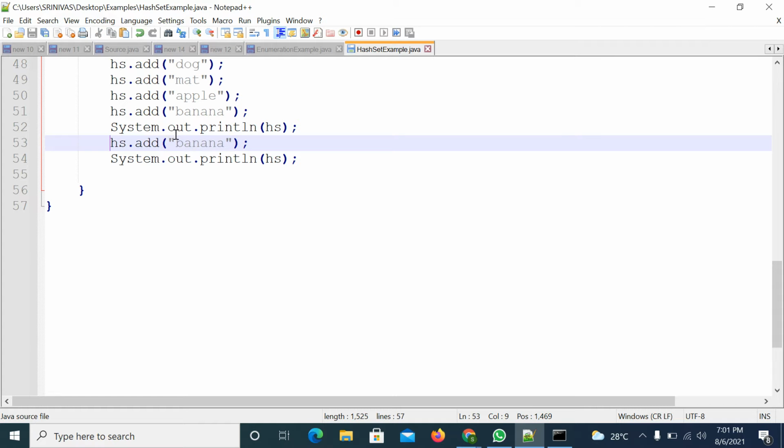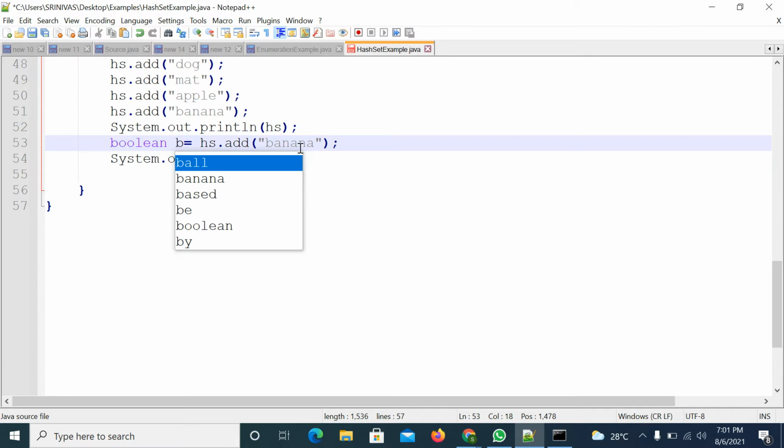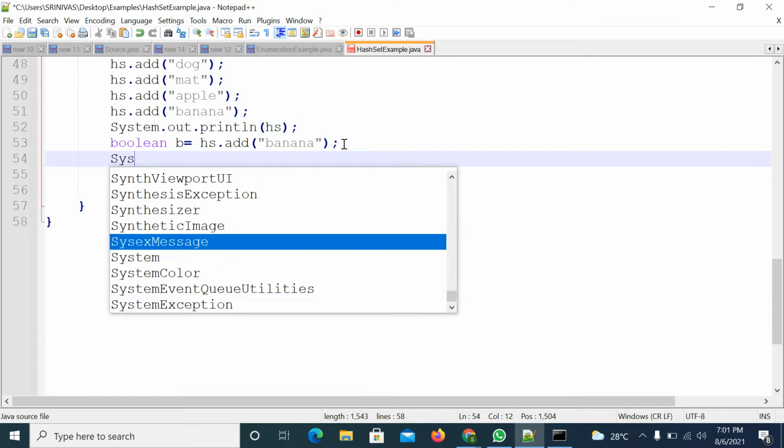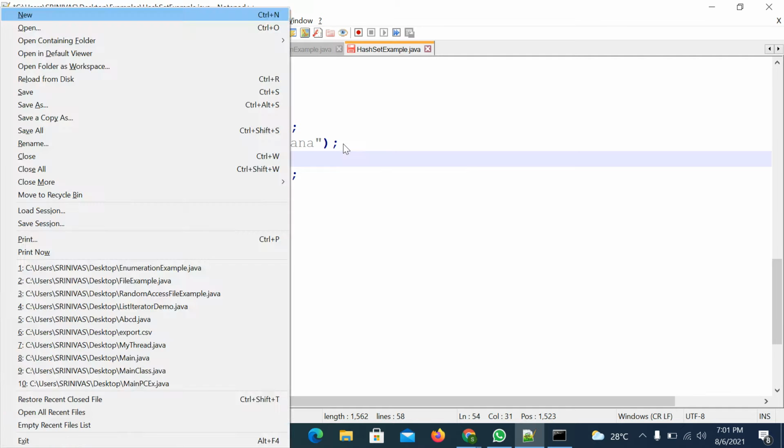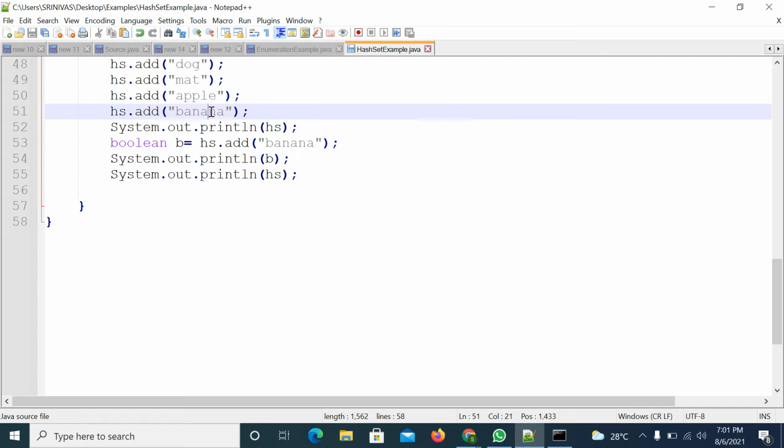How do you know it is returning false? You can store that value in some boolean variable and print that variable. If banana is already there, in this case it will return false.